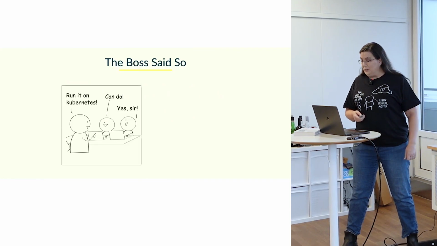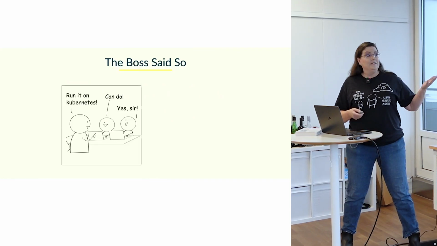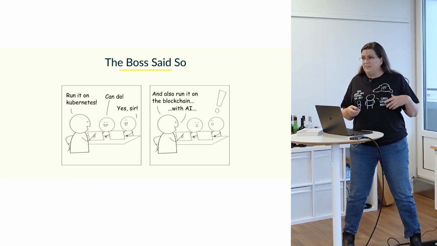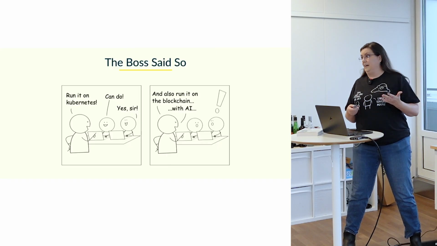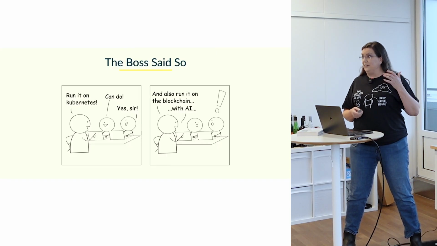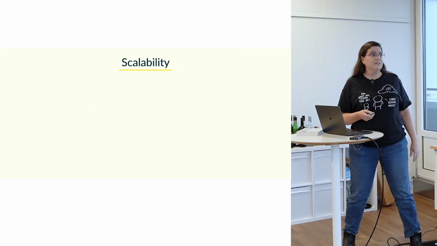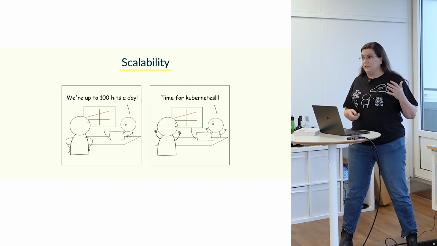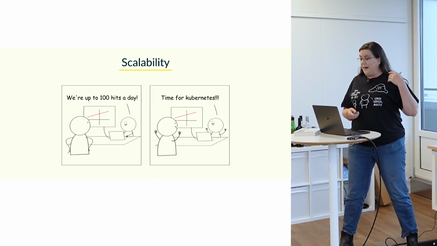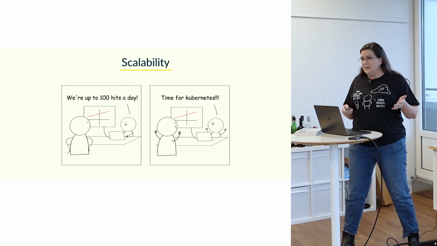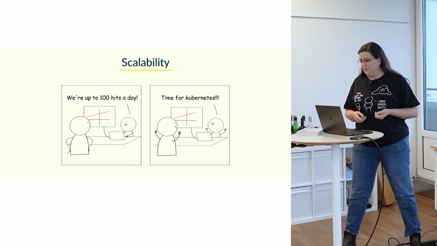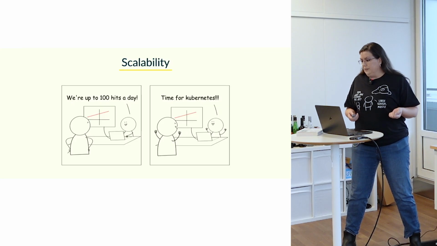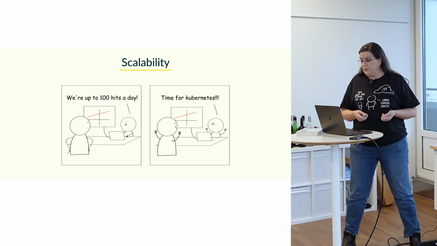This is very commonly the real reason, and not a bad reason, but on the other hand, sometimes the boss isn't the most qualified to be making this call. Then the other big reason I hear from people why they move to Kubernetes is scalability. And it's absolutely true that Kubernetes is fantastic for scaling. However, it's kind of a side effect of its real benefits, and scalability may not be relevant or even important or the reason at all for some projects.